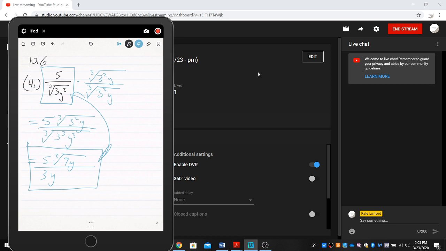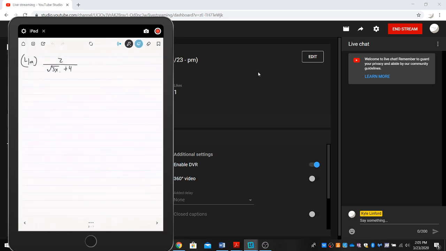Now, keeping on that idea, let's take a look at this problem. This is problem 4 from the advanced practice. In this particular problem, we now have a binomial in the denominator, so we have 2 terms that we have to deal with. We said on, I think this was Thursday, when we reviewed this, you can't really